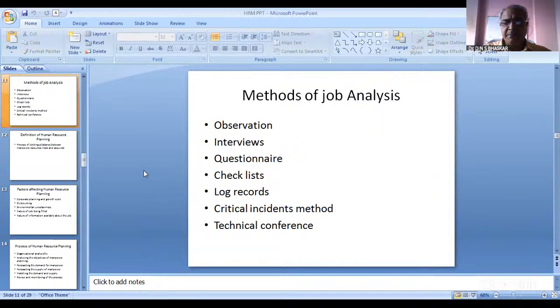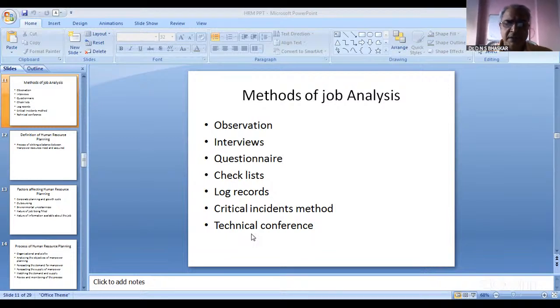When you are presenting a questionnaire, in that questionnaire a set of questions will be there, which are basically about the job and its job culture, and what various skills he is performing, and so on. A set of questions which are interlinked; the questionnaire method basically talks about interlinkage of the questions.